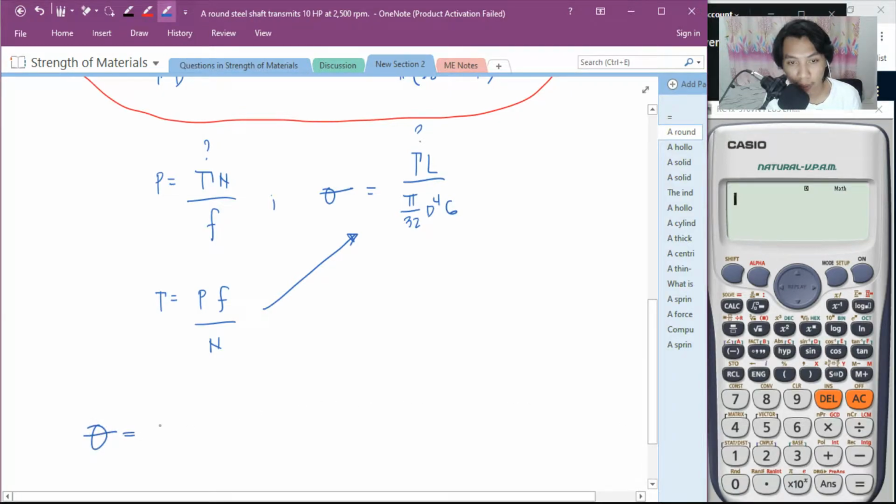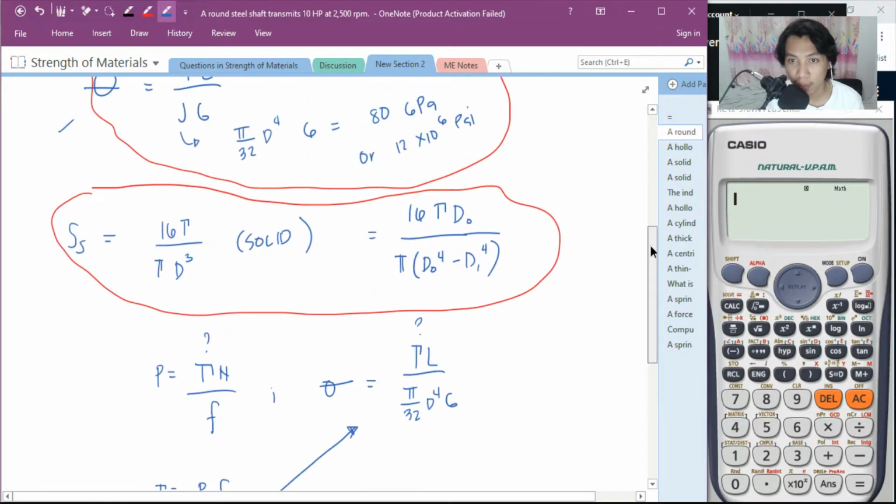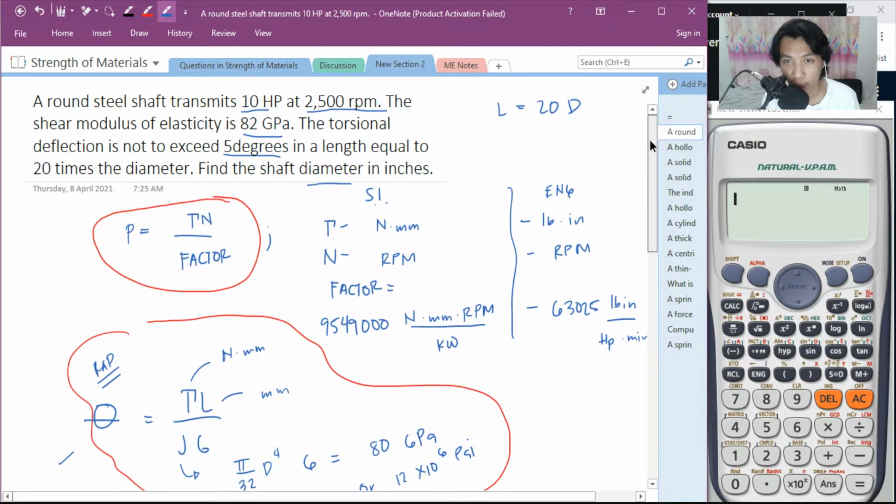Theta equal to torque. Yun na yun, no? Torque, the power. Okay, yung torque, power. Tapos yung factor divided by N. Okay? Multiplied to the length over pi over 32 d to the fourth G. O sir, may nakita ako dito, di ba binigyan tayo that the length is equal to 20 of the